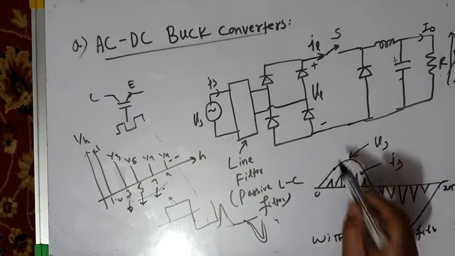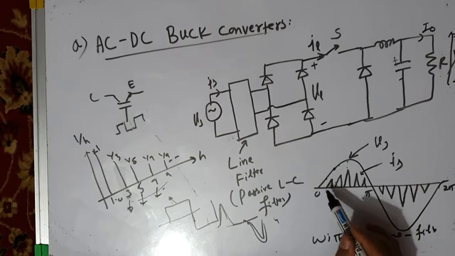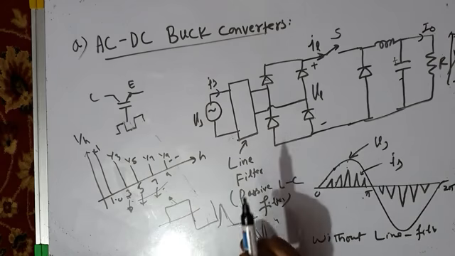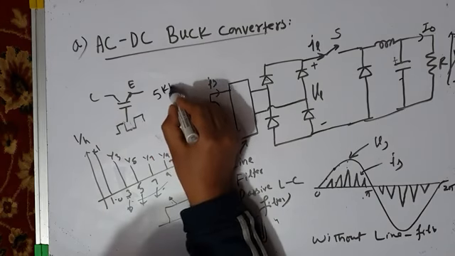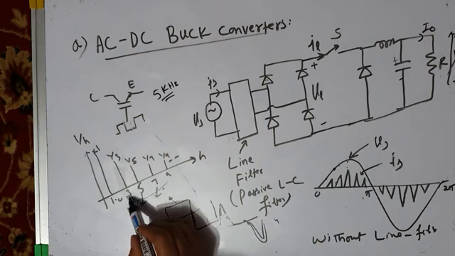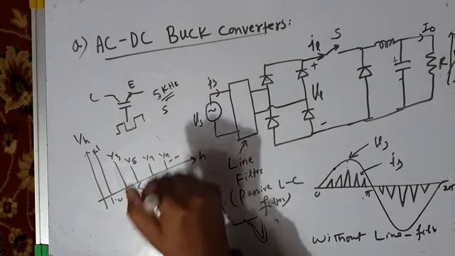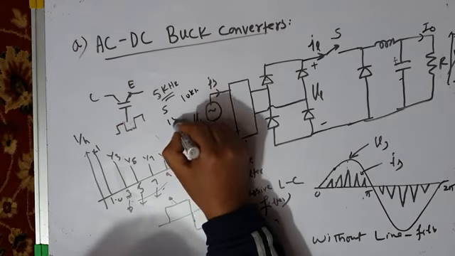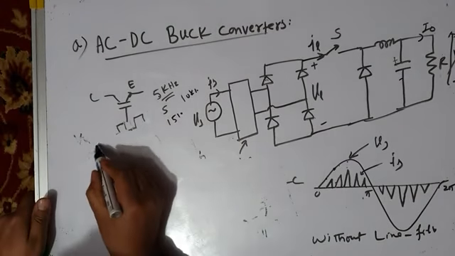If you are using this AC to DC buck converter, operating your buck converter at a very high switching frequency, you get hundreds or thousands of current pulses in each half cycle. The advantage is that the most predominant harmonic will be around the switching frequency. For example, if your switching frequency is 5 kHz, then your first harmonic will not be the third harmonic, it will come around 5 kHz. The next harmonic will come at double the switching frequency, around 10 kHz. Next will come around 15 kHz. That is, if you draw the harmonic spectrum of this current,